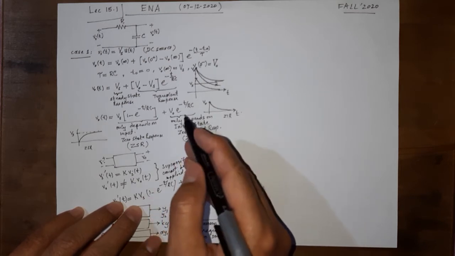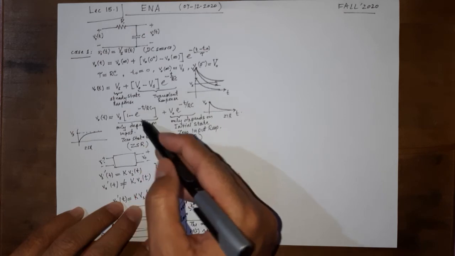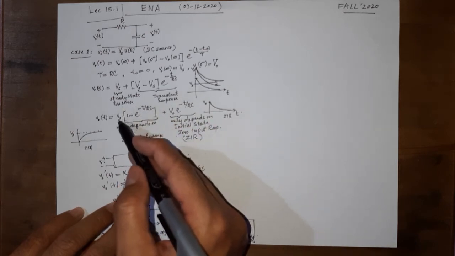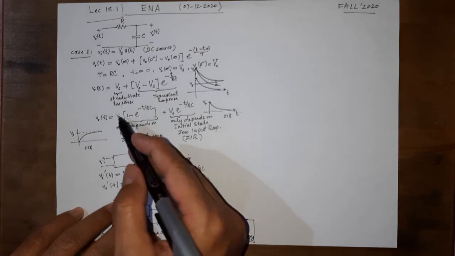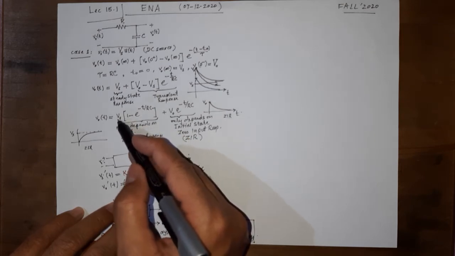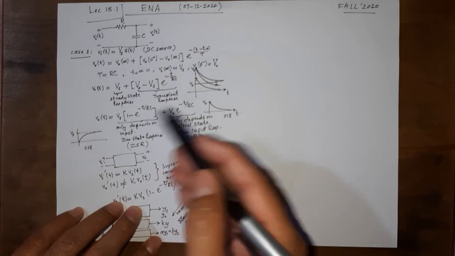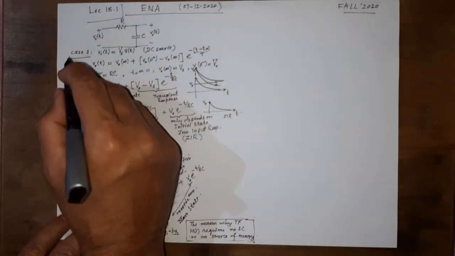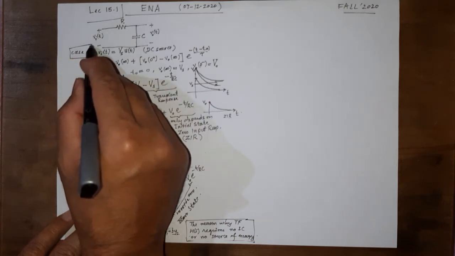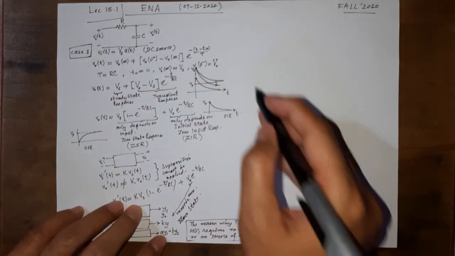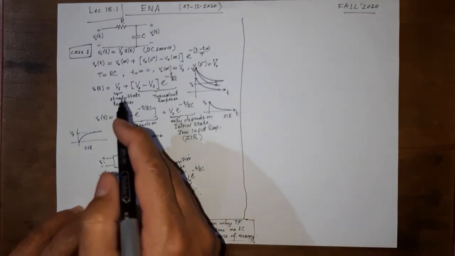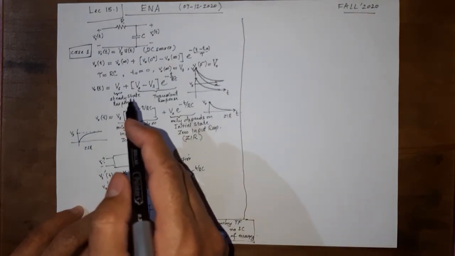So if we take this zero state response, no initial condition, then writing this part and saying this is the forced response is not correct. Why? Because it depends on the forcing function as well as the behavior of the circuit as well. So this is the case one where we were able to handle an RC circuit with a DC voltage source.